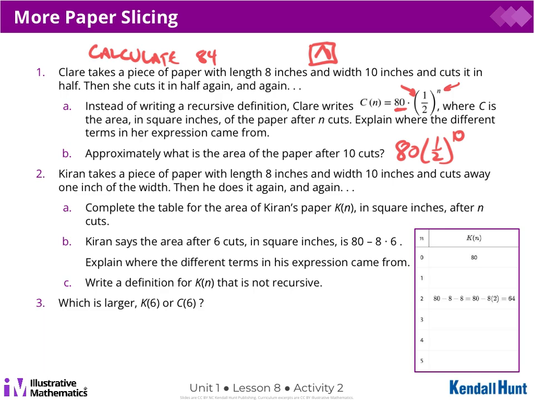And then we have Kieran, who takes a piece of paper that is 8 by 10 and cuts away 1 inch of width. He does it again. So this is not a geometric sequence. This is going to be algebraic. Then complete the table for Kieran's piece of paper, K of n in square inches. So basically for Kieran, we are going to have